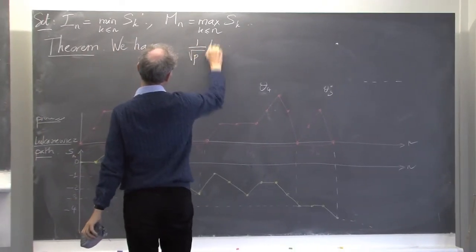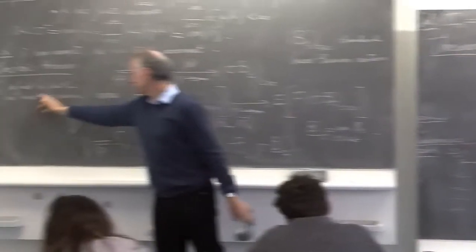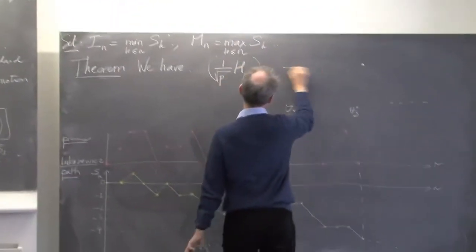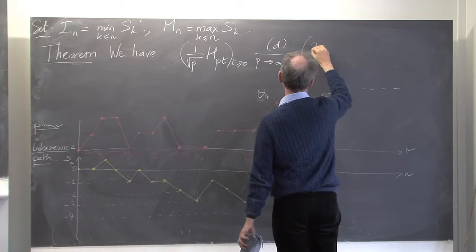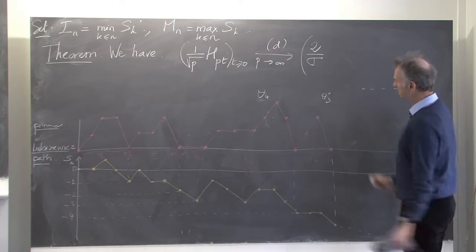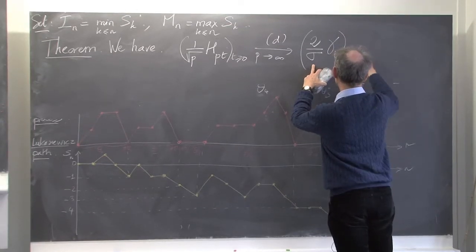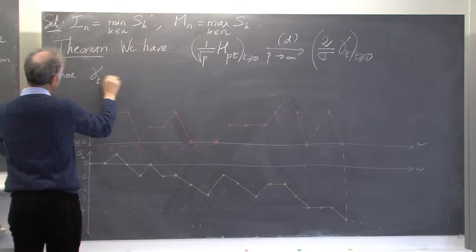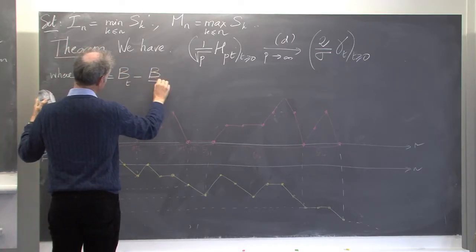So I rescale this h function. Same remark as before for the fact that I define it here by linear interpolation for real values of the parameter. This converges in distribution as p tends to infinity. What you get, I will write it in the following way. There is a constant, which is not sigma now, it's 2 over sigma, times a certain process, which I will denote by gamma t. And in the proof, you will see that gamma t appears as Brownian motion minus its minimum.